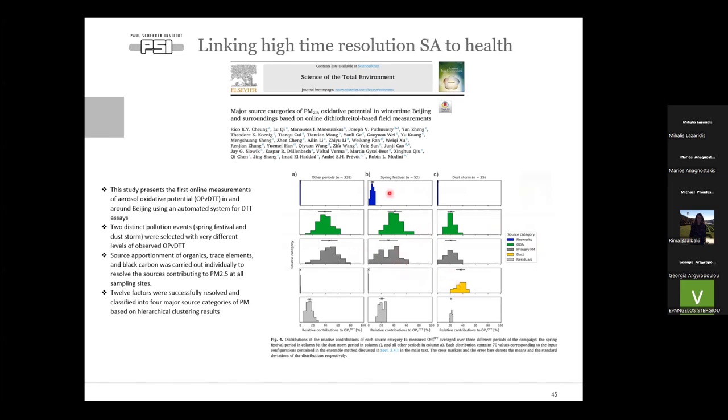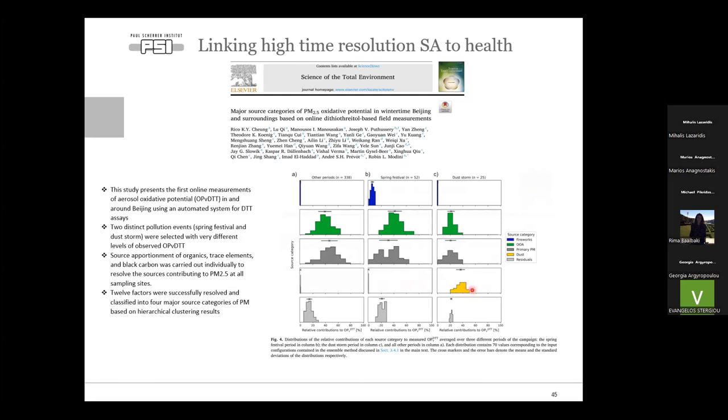What is interesting is that when we had the events, the fireworks and the dust, the fireworks were quite important to OP. The other interesting thing is that the dust, even though during normal conditions it practically does not provide any OP, when the concentration is very high, then because it is very high per volume, it contributes quite significantly.